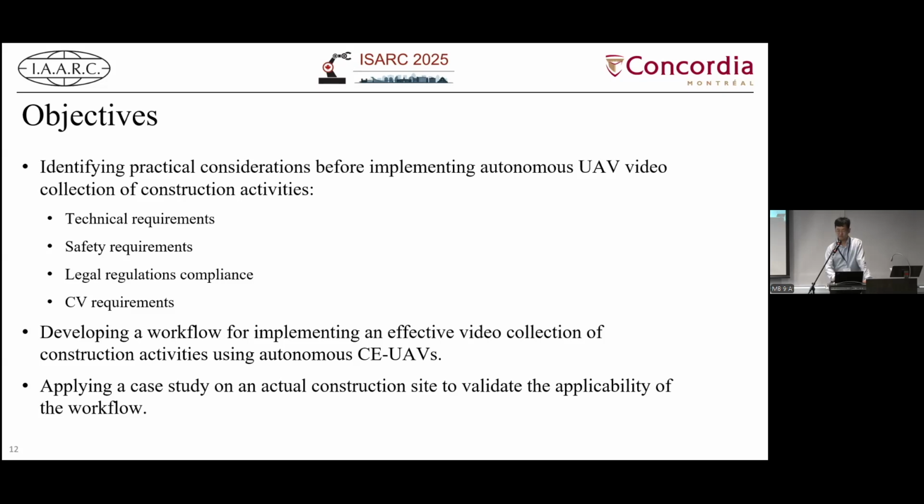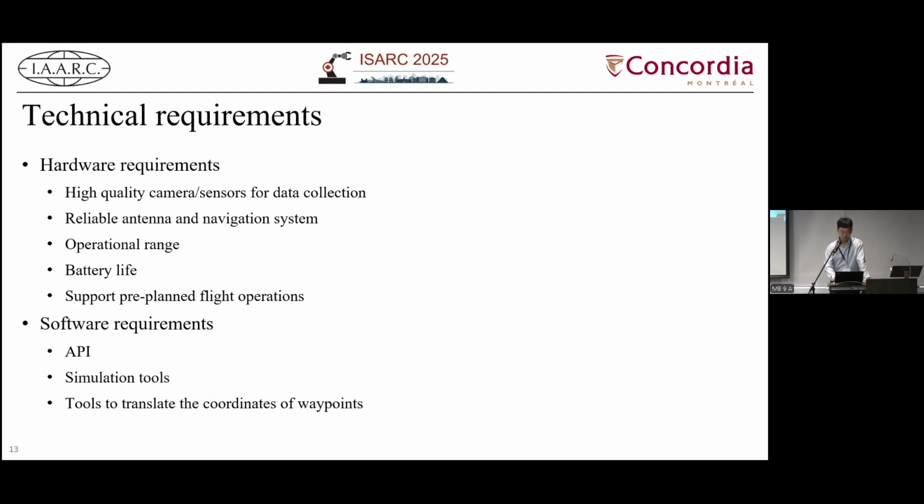We consider them from four aspects: first, the technical requirements; the safety requirements; legal regulation compliance; and last, the data requirements, which are the computer vision requirements in our case. We develop a workflow for implementing effective video collection of construction activities using the UAV, and we also apply a case study on a real construction site to validate the applicability of the workflow.